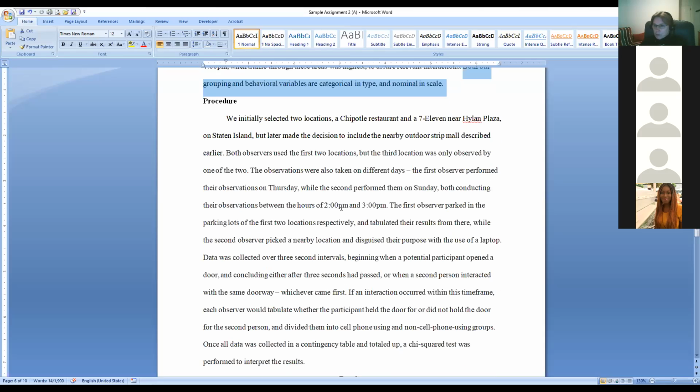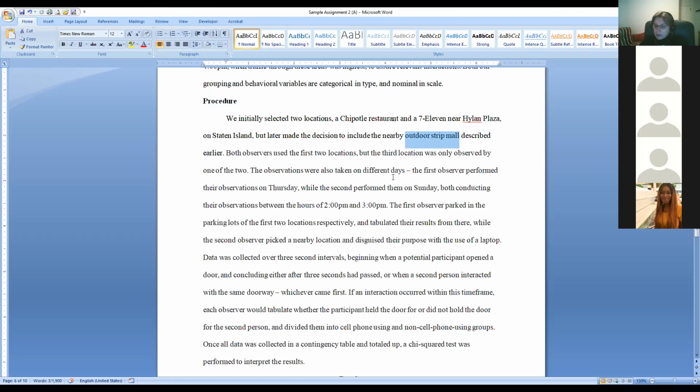Moving on, make sure you have procedure, right? Here, remember, procedure differs from design and materials because procedure is just the physical steps of how you conducted the study. Let's assume that you were teaching some other group of students how to replicate your study. You will say, okay, well, you will have to go to these locations, for example, and they're telling us that these were near Highland Plaza, right, on Staten Island. But then they also decided to do an outdoor strip mall. This is also the place